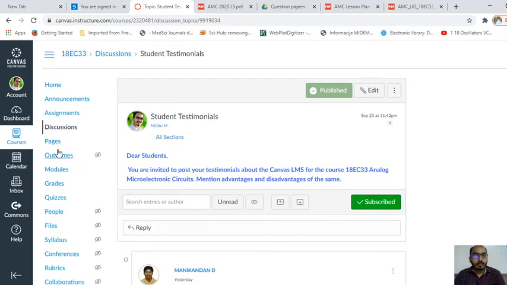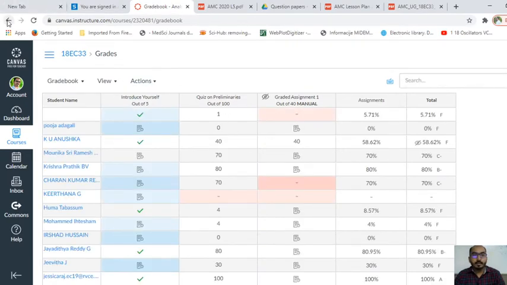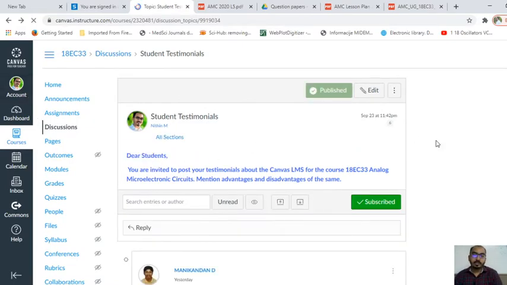So that's all about discussions, and I'll be showing the grades. So this is the grade book, where each student is evaluated based on their performance in the corresponding assignments given. So the quiz is evaluated. This assignment is yet to be evaluated. And for the first one, which is the introduction part, I haven't given any marks.